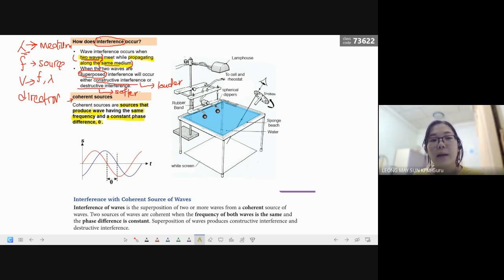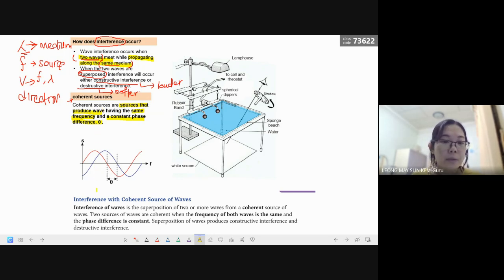Okay, so one quick question. If you recall, in terms of my voice and the school bell's sound, we know definitely that the frequency of my voice is different from the school bell. But does interference occur? Yes, it does, because it overlaps my sound. But in terms of the idealistic case, remember, whenever we're talking about the textbook, we are talking about the idealistic case. The best interference to occur is where sources produce waves that have the same frequency and constant phase difference.